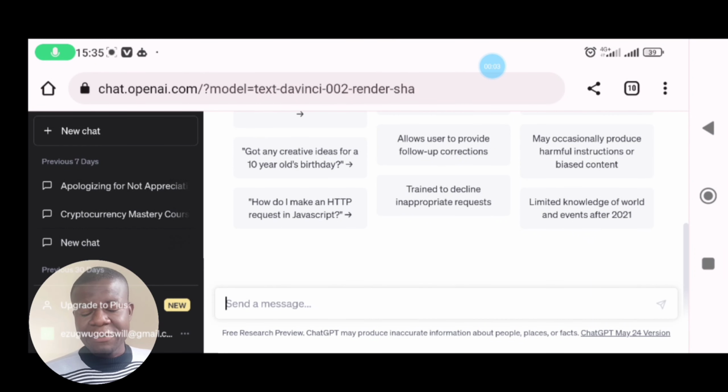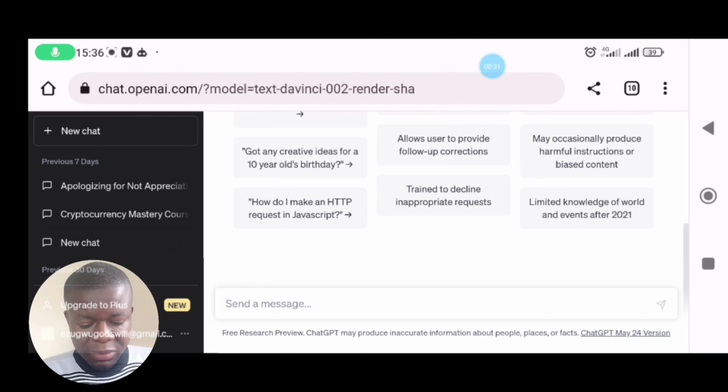Alright guys, so to get started, the first thing you are going to do is to go to ChatGPT and create a kind of course outline. So you'll be using ChatGPT and making use of YouTube. If you don't know how to use ChatGPT, I've already created a video on how to use ChatGPT as a beginner. The video is in the description of this video.